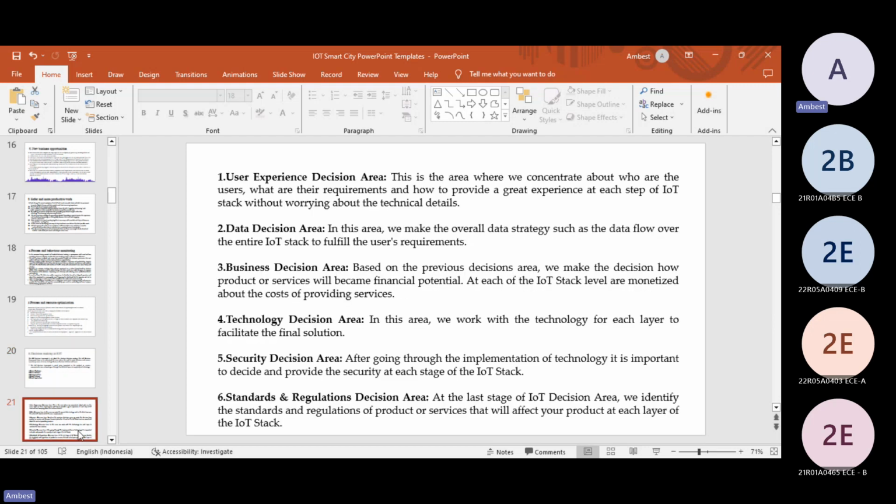Business is not an easy thing, and technology is not an easy thing. Business and technology together are a big thing in IoT, which has become popular for industry users more. So in that way,